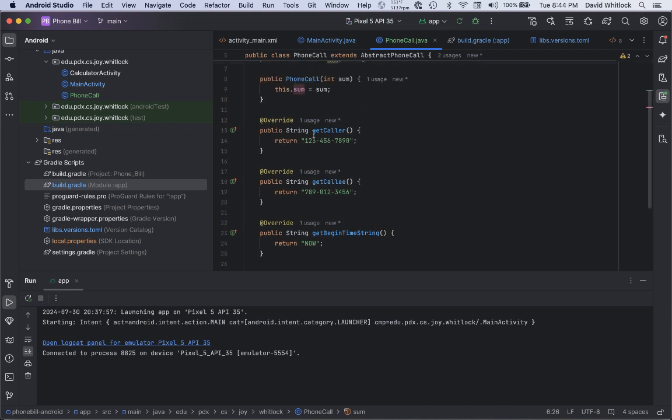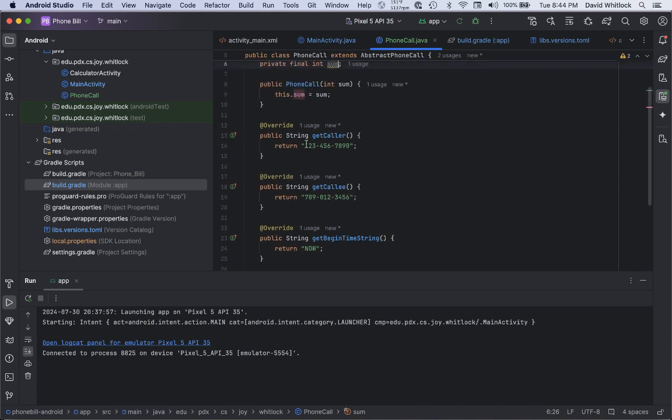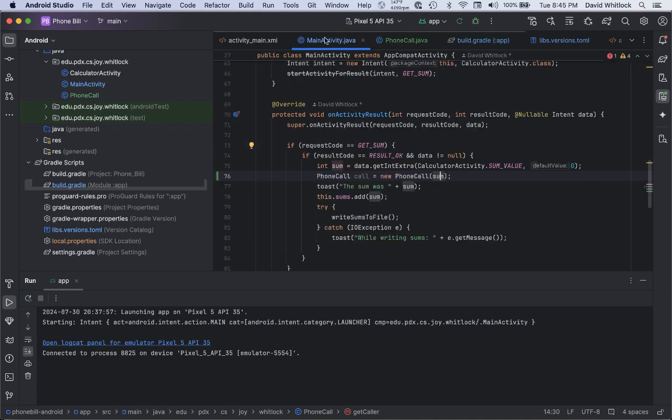I don't know, I'm going to put the sum as... I'm being silly here. I'm going to say plus, and then the sum, like it's some sort of non-US phone number, and then dash that. Why not? I want to demonstrate that I can pass the sum into this and have it display in the toString